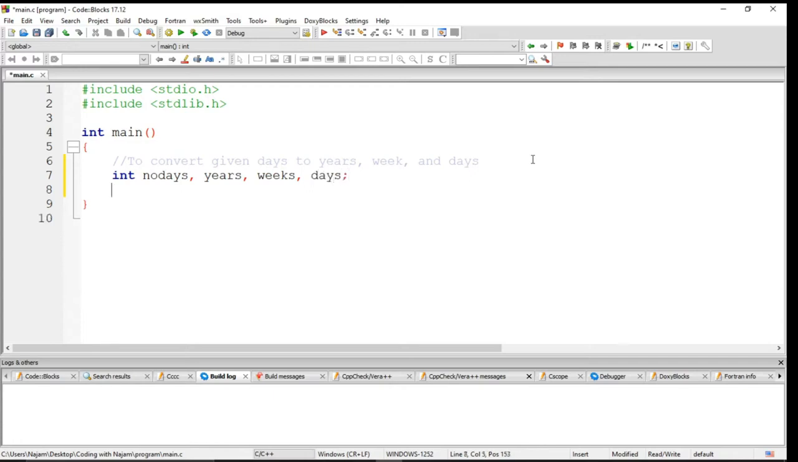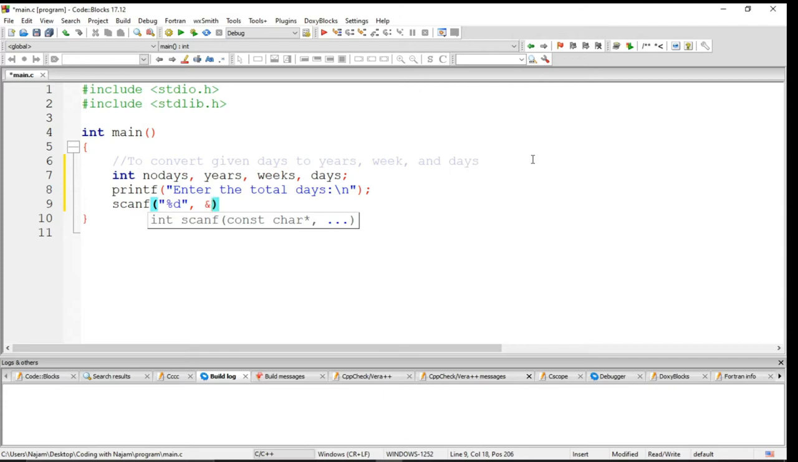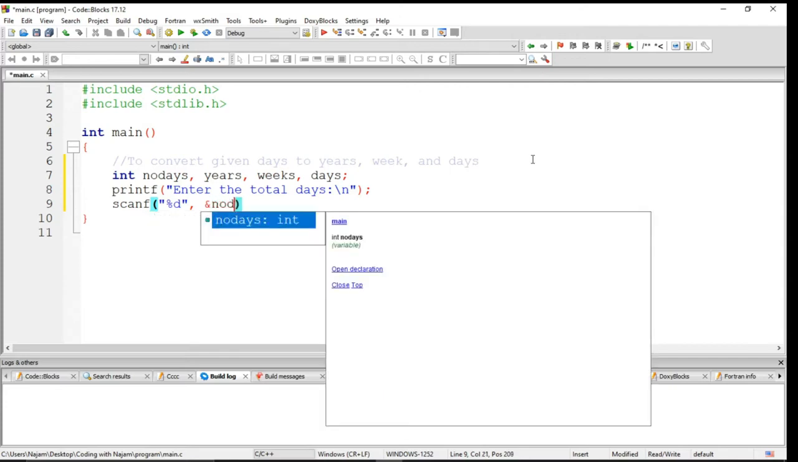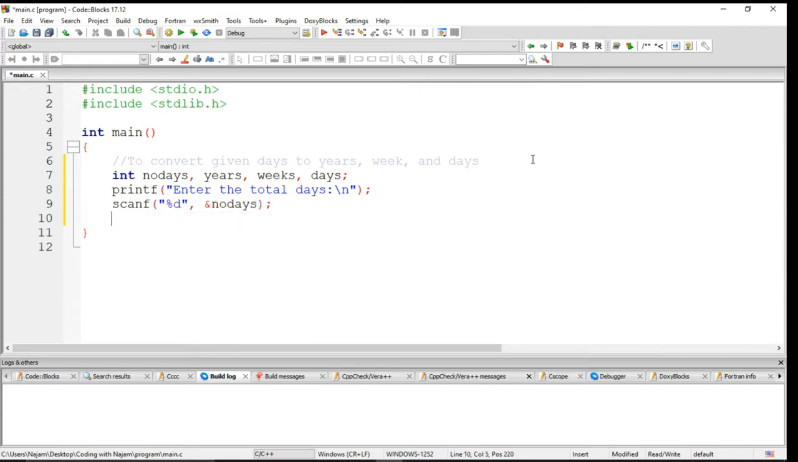And let's have a printf statement, because I want to have number of days from the user, and just as I want to save at the address of number of days. And now let's